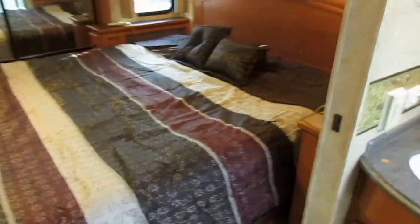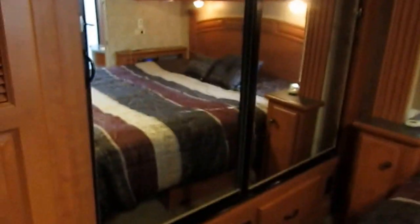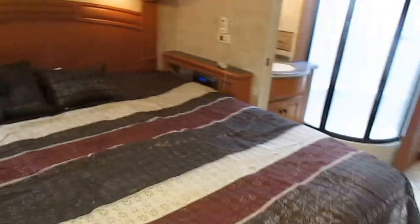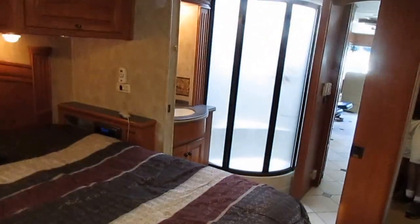How often can you say $42,000 plus under NADA retail value? I don't get to say that much anymore, not with how much more used RVs are bringing now than they were a year ago. $42,600 under NADA average retail with no added options, with 42,000 miles. I mean, folks,